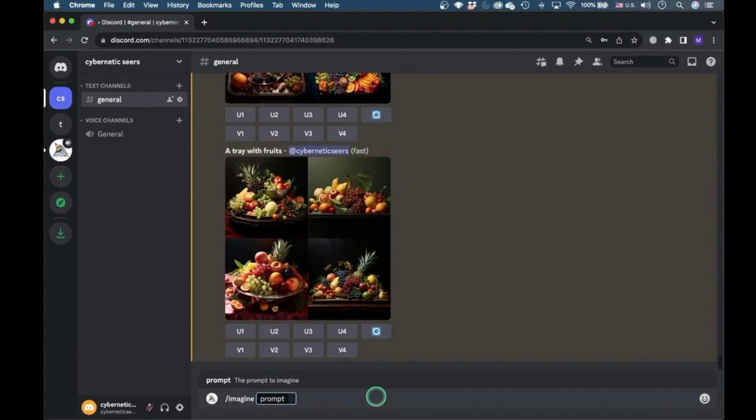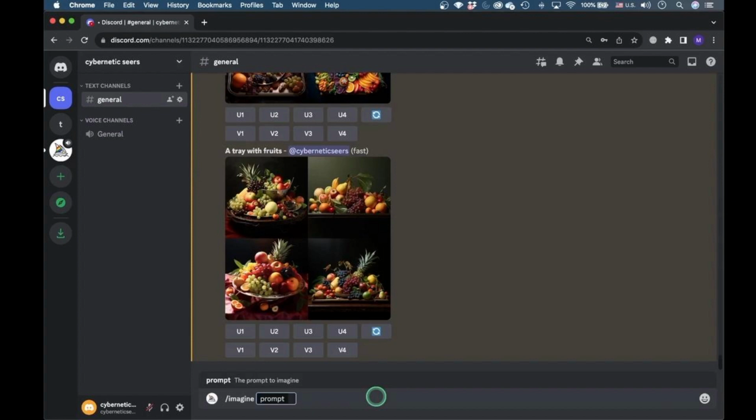If we want to have less detail in our images, we can use the quality parameter. Its default value is 1. The other valid values are 0.25, 0.5 and 1. The quality parameter has no effect on the resolution of the image. An image of lower quality will be generated fast, and sometimes it can be what is desired due to artistic requirements like for the creation of abstract art.